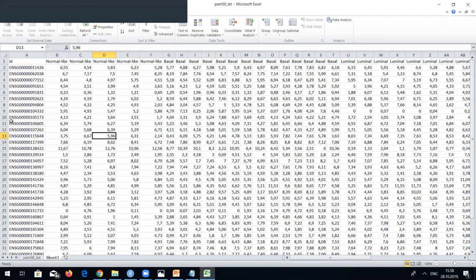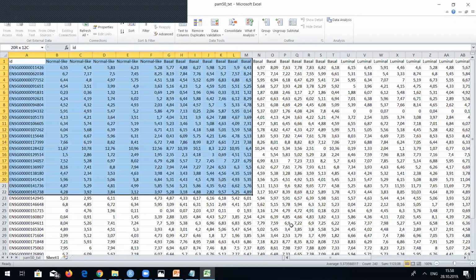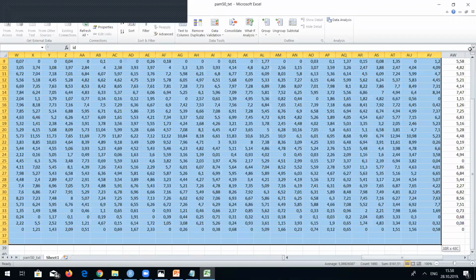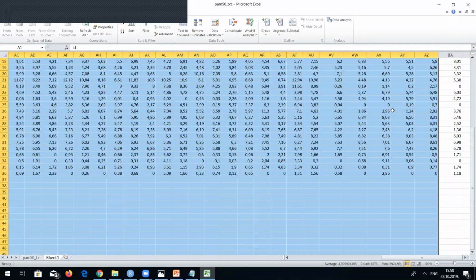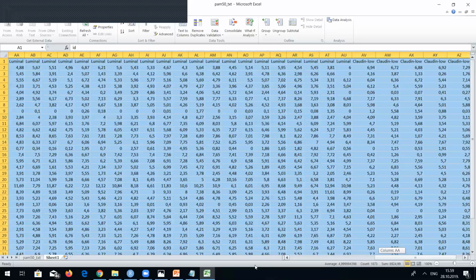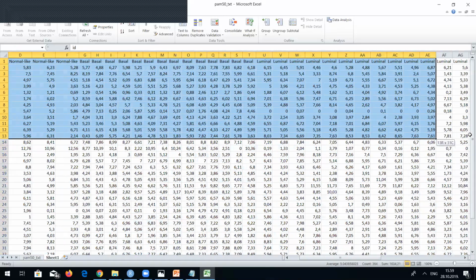Let's say that you want these parts of the table that are actually classes in this case, and these parts changed so that you have genes on the top and classes here. So you just do this. You select everything